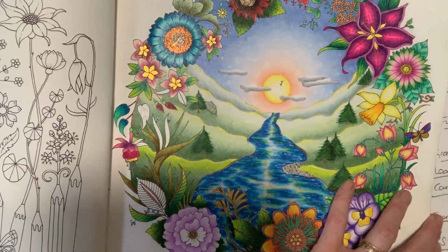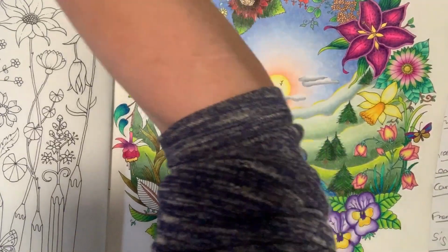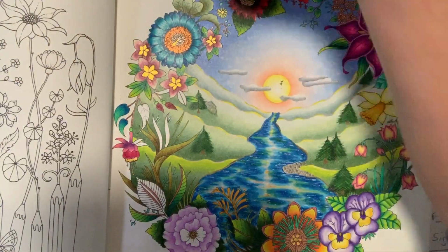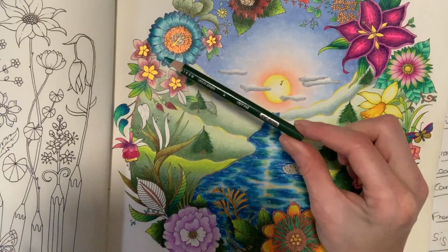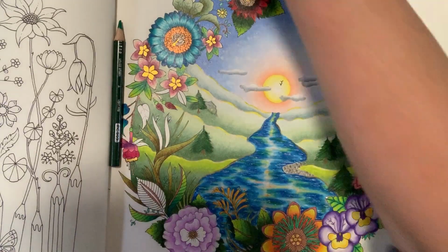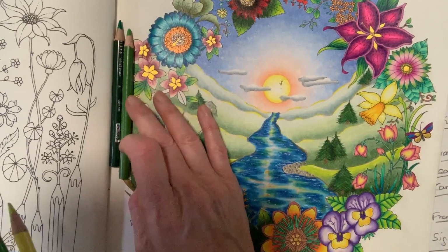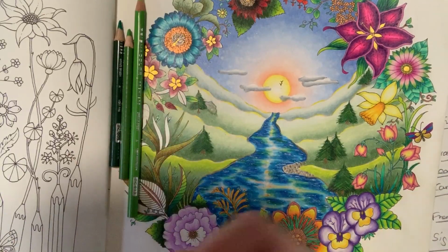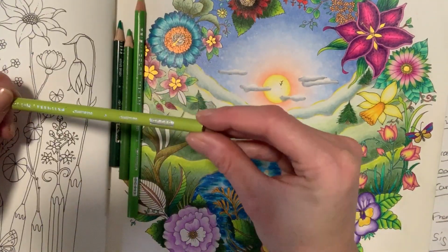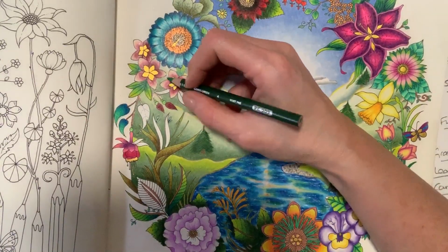And then very, very simply, sorry, the leaves, rather. The leaves are one of my favourite palettes. I need my grass green, which is PC909. I need my apple green, which is 912. I need my spring green, which is 913. And I need my chartreuse, which is 989. And then very simply, again, just with your darkest, the grass green,